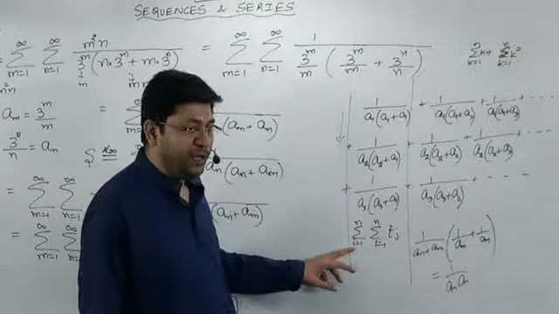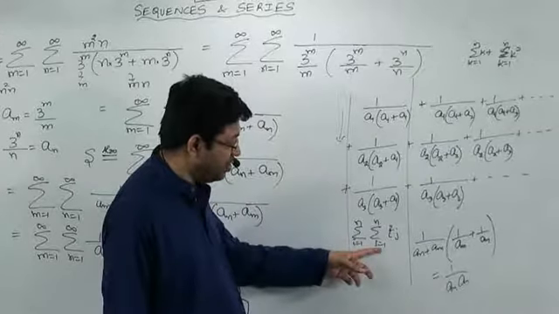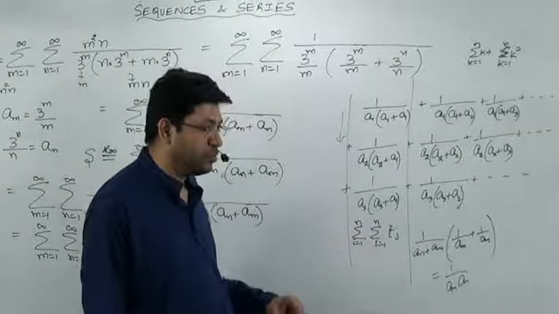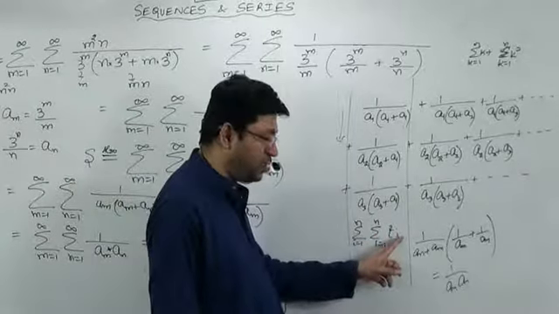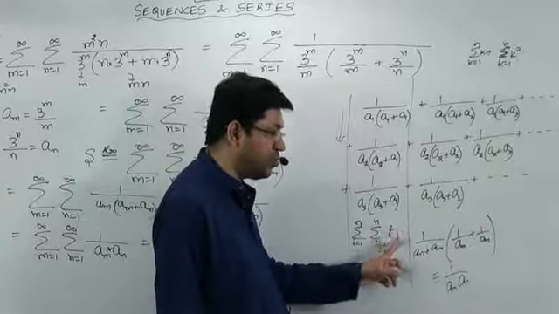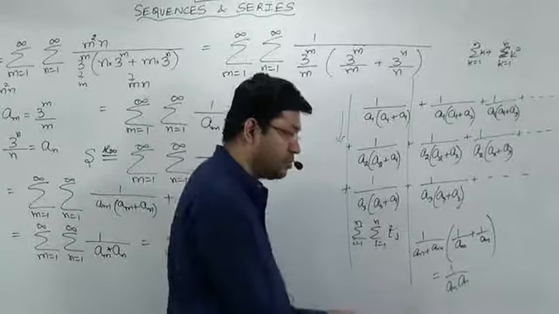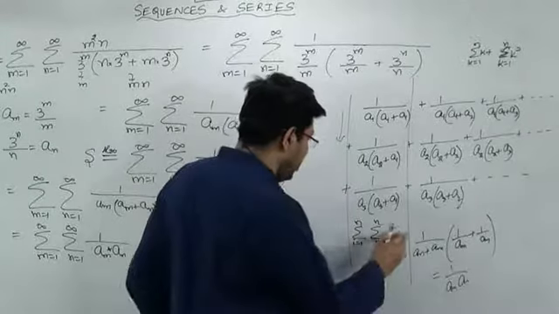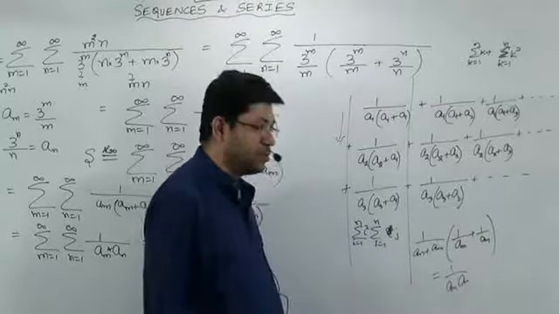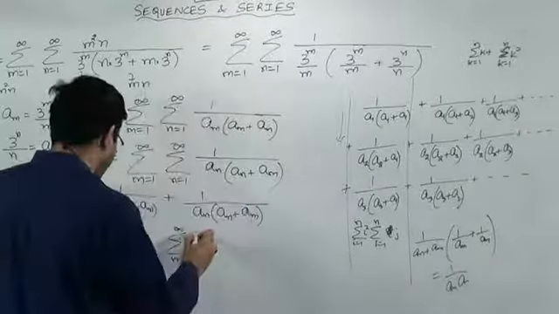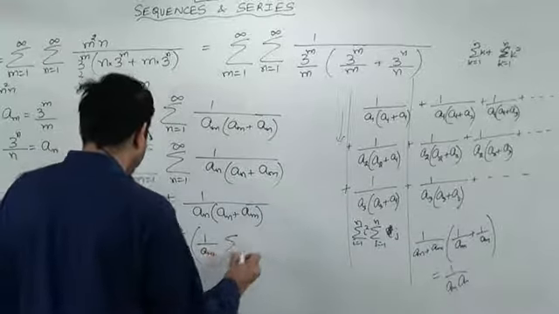Suppose you fix i as 2. For i equal to 2, j will run from 1 to n. Then what will happen to this? 2 square times 1 plus 2 square times 2 plus 2 square times 3 and so on. The 2 squared anyway will be common. So you can as well write this as, that is sigma of 1 by am times